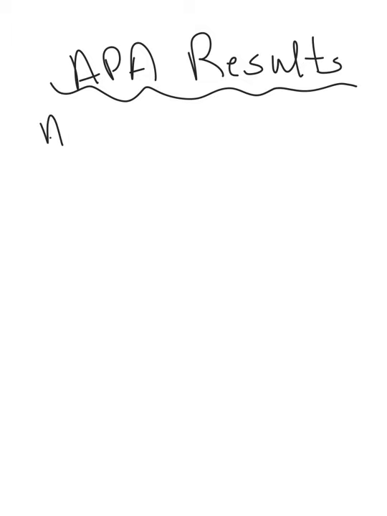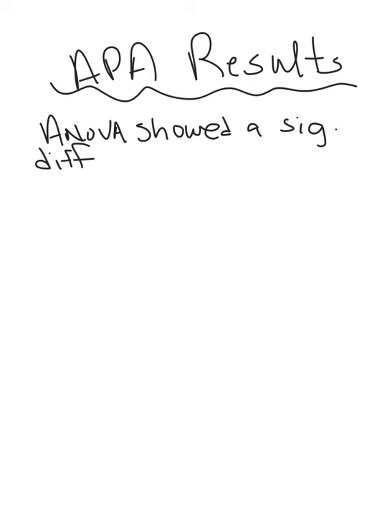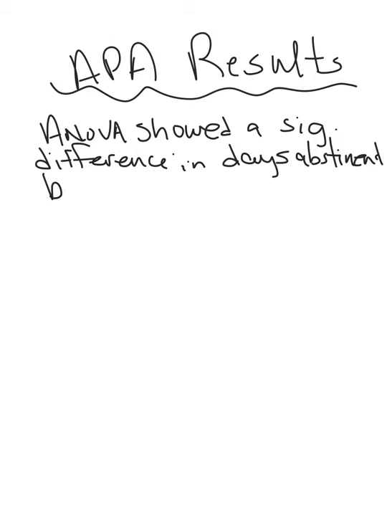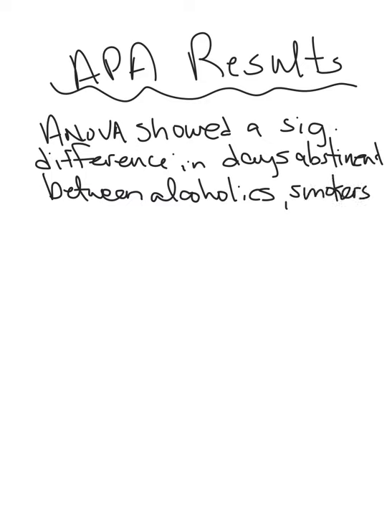So I'm going to write: ANOVA showed a significant difference in days abstinent between alcoholics, smokers, and heroin addicts,